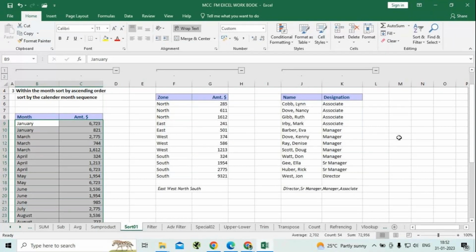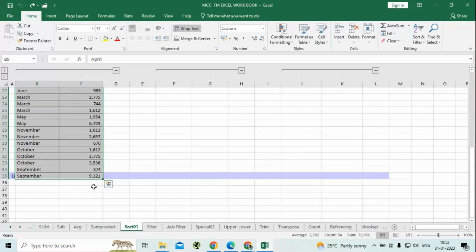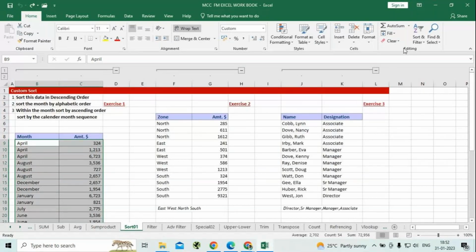Sort. First and foremost, you have to select the cells. I'll keep it in the previous format only. This was the format which was there. First I selected all the cells which have to be affected by the sorting. I've selected till here. Now I'll go over here to the sort and filter option. In this I have a custom sorting option,